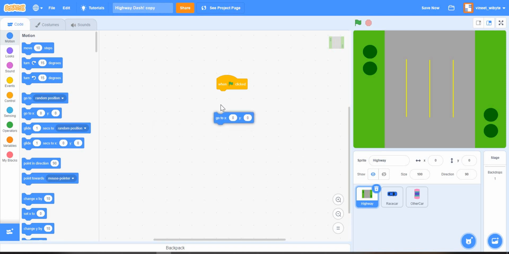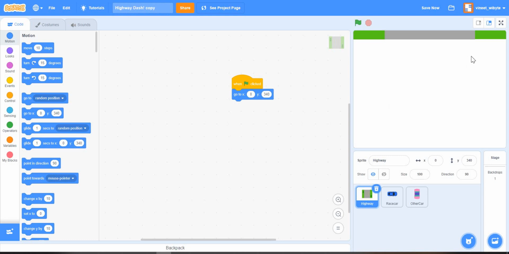So if I did this, let's see what happens, right? This is not surprising. Basically, it just does whatever we have already seen. The sprite is sitting on 0, 0 and everything looks fine. But now let's say I make it go to 0, 340. If I did that, then my sprite has gone somewhere up. Remember, because this was 180. So what has now happened is that the center of this sprite has gone to 340, and because this sprite,